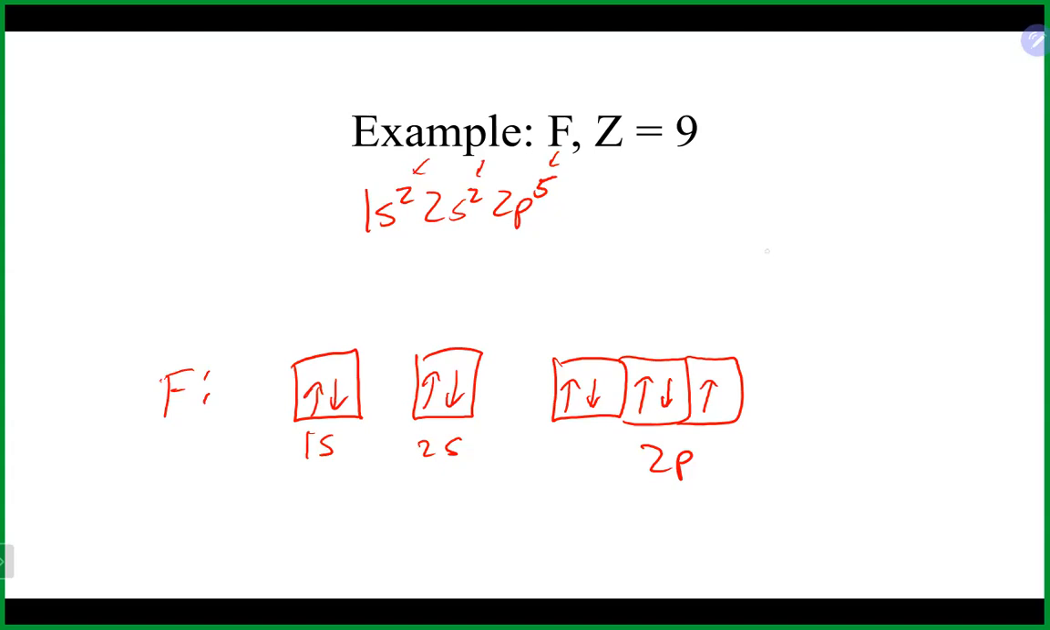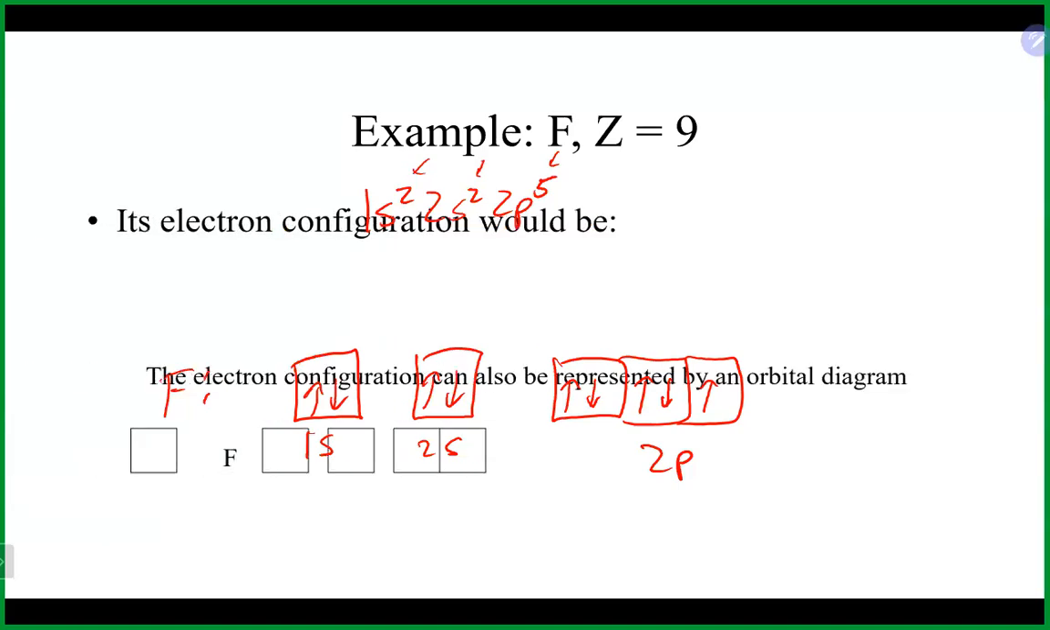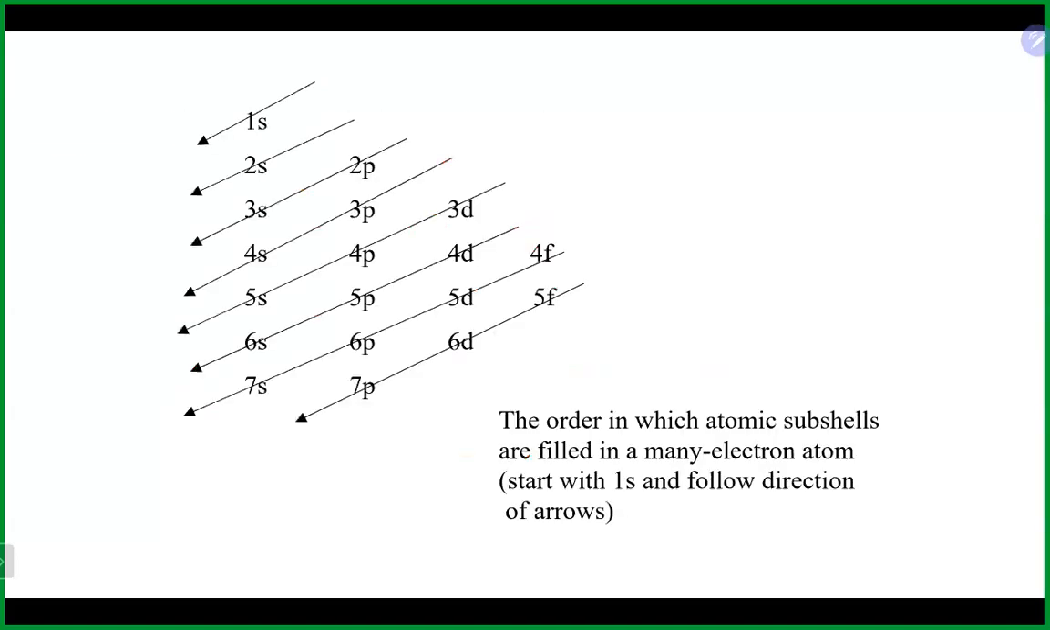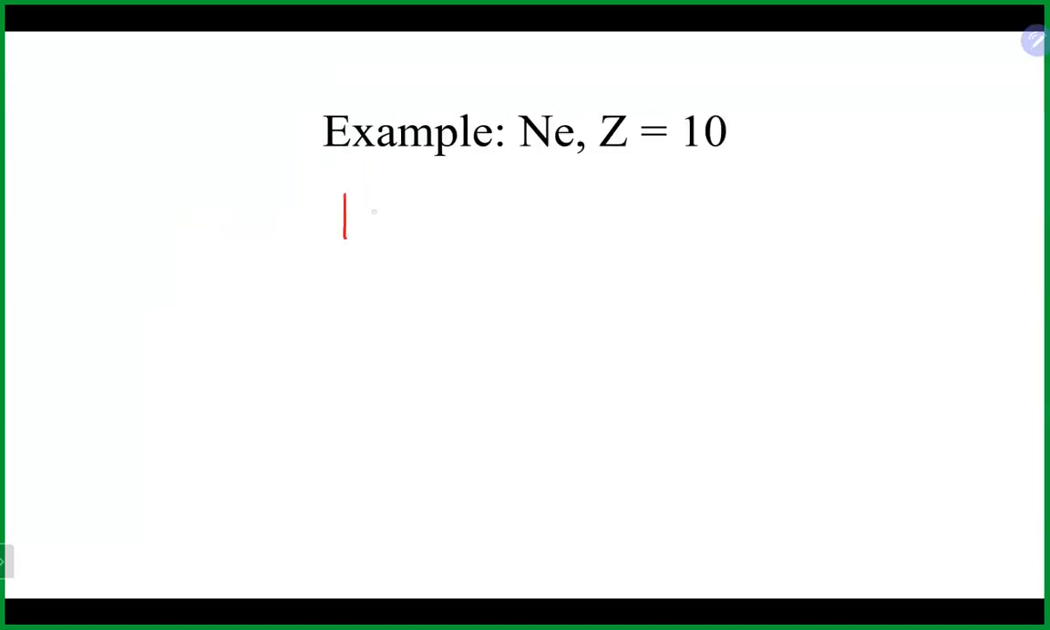And let's take a look at neon and fill it up here. So neon, which is number 10, will take us once again starting here. 1s takes care of 2, takes care of 4, and now we could put all 6 of them into there, and that definitely will fill up our 2p subshell. And that means that our electron configuration would be 1s2, 2s2,